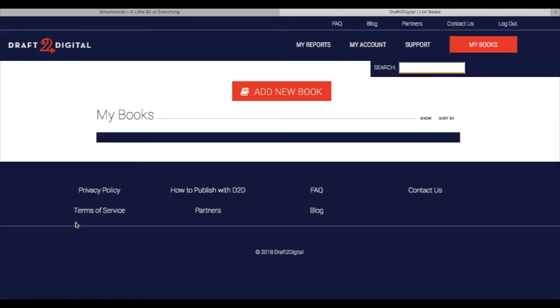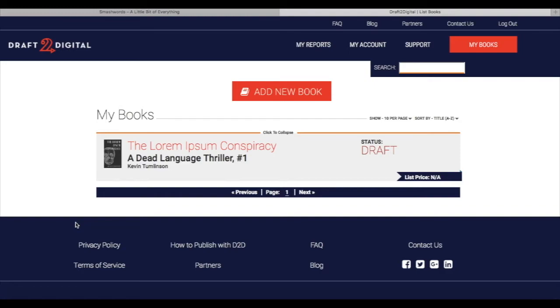And now, once you're in, you can see this is your book dashboard. This is your My Books page in Draft2Digital. If you already have books up here, you'll see them here. But for our purposes, you can see up here My Books, support, account, reports, all that stuff is available from this page. But you're going to click on Add New Book,